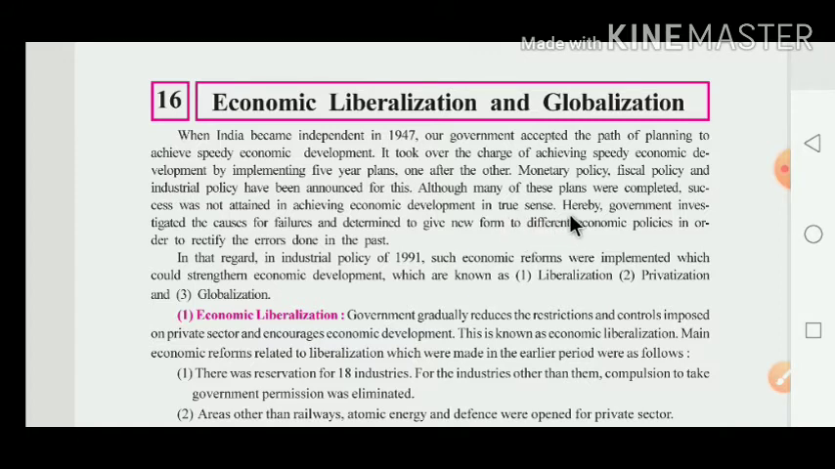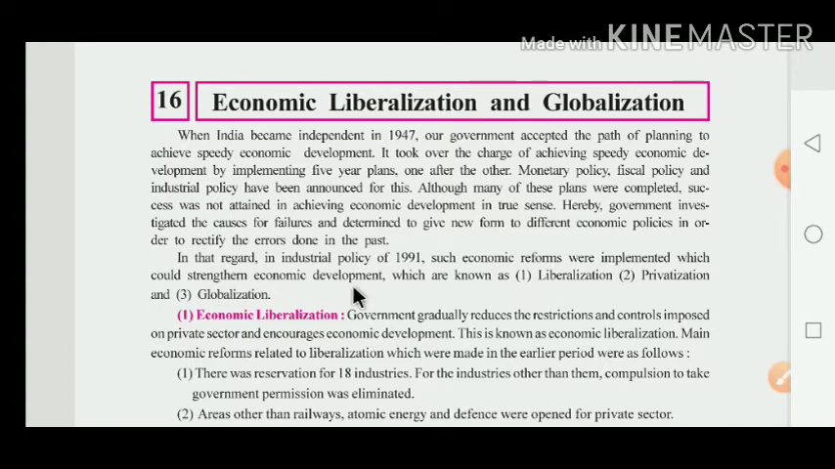That's why the government investigated the causes of failure and decided to give a new form of different economic policy. The government studied the failure of their policy and started a different economic policy in order to rectify the errors done in the past. It means whatever error happened in the past was rectified by the government by implementing the new policy. In this regard, the industrial policy of 1991, such as economic reforms, were implemented which could strengthen the